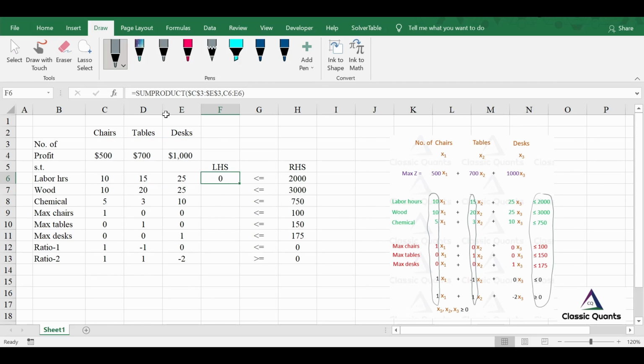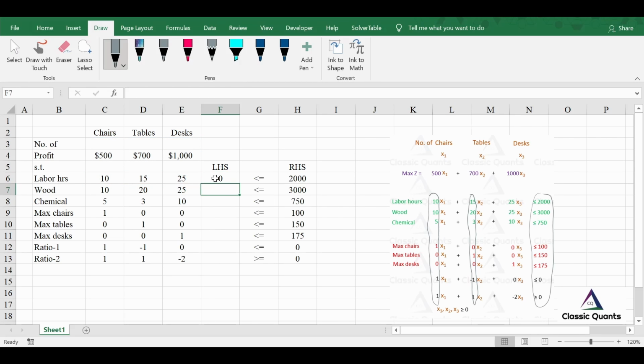So note again the formula here, SUMPRODUCT between these two arrays, this blue one and red one. What is the blue array? Blue array is your decision variable, that is number of chairs, tables and desks. And what is red? Red one is the coefficient of the left hand side of first constraint, 10, 15 and 25. SUMPRODUCT of this will give you the left hand side of the labor hours constraint.